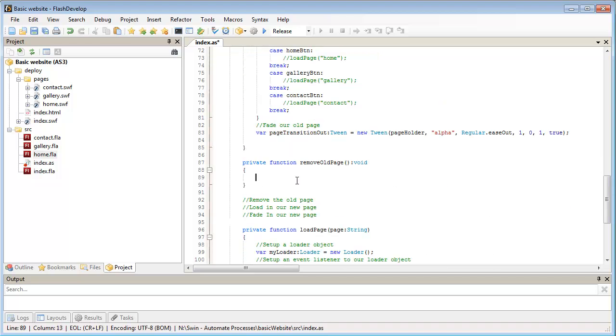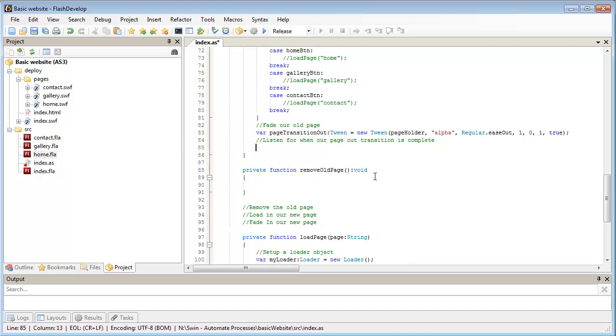So there's the function we want to go to once we finish our transition out. Just like with most other objects in Flash, we can listen for when the transition, or this tween, is completed playing by adding an event listener to it. So let's firstly listen for when our page out transition is complete. So I'm going to say page